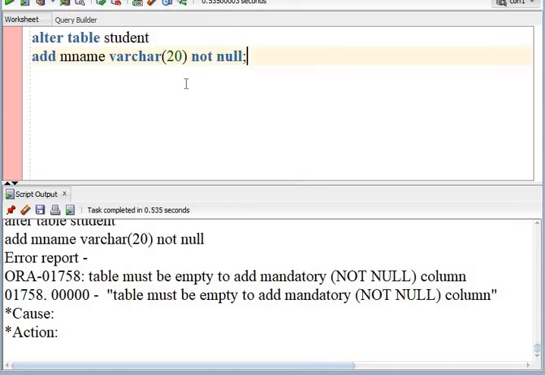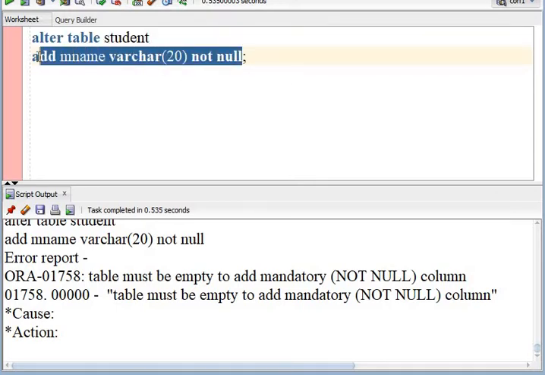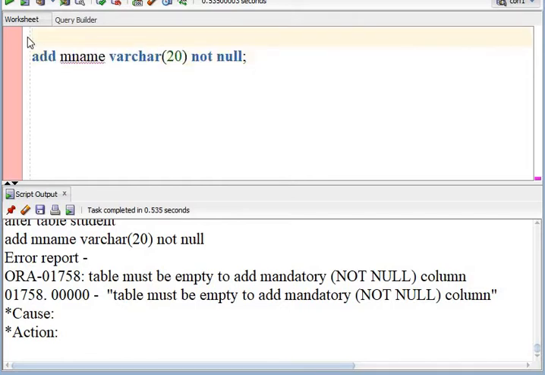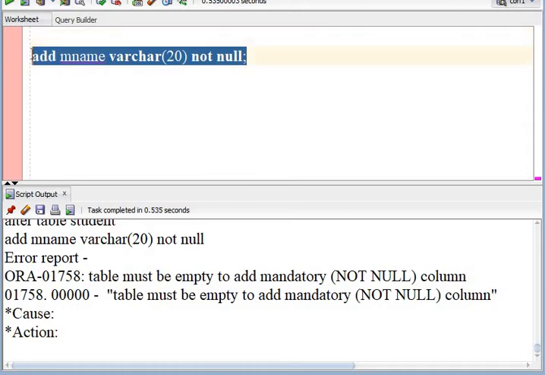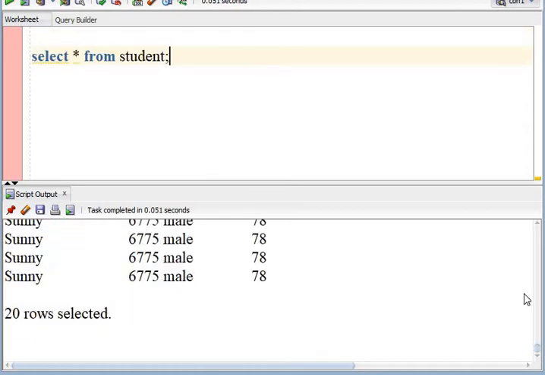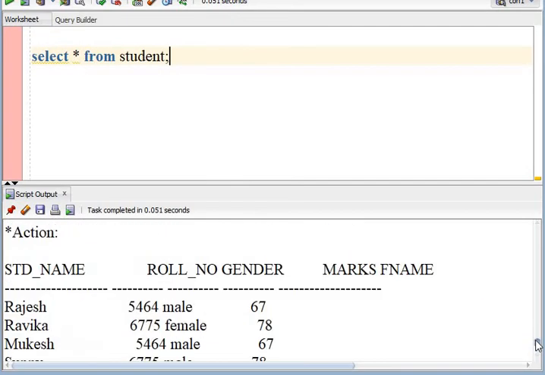Now suppose I want to apply a constraint on existing data, and let us say that constraint is not violated, that is, the existing data will satisfy that constraint. Let us see the data from the table first. Here we have this data: student name, roll number and gender. Let us check if there is any constraint applied on that table.